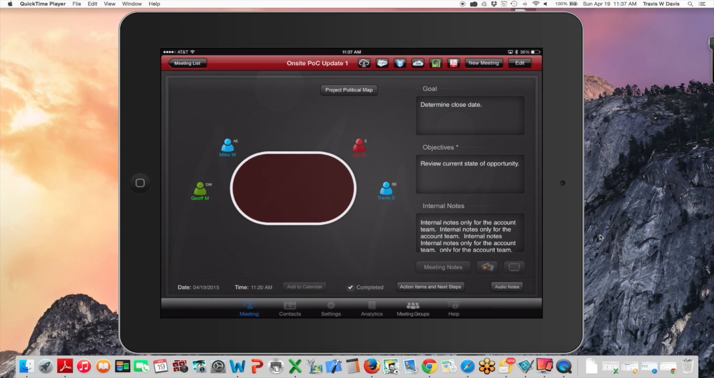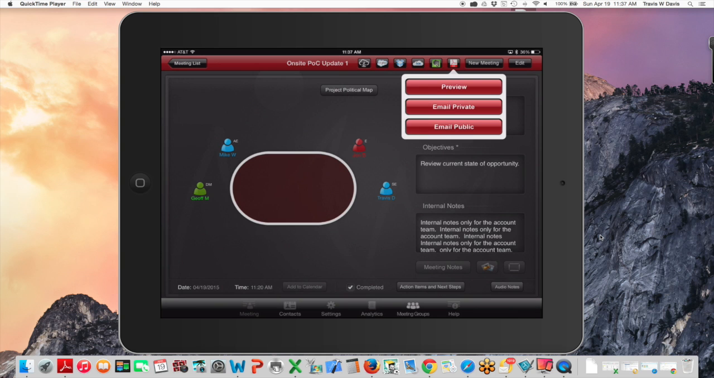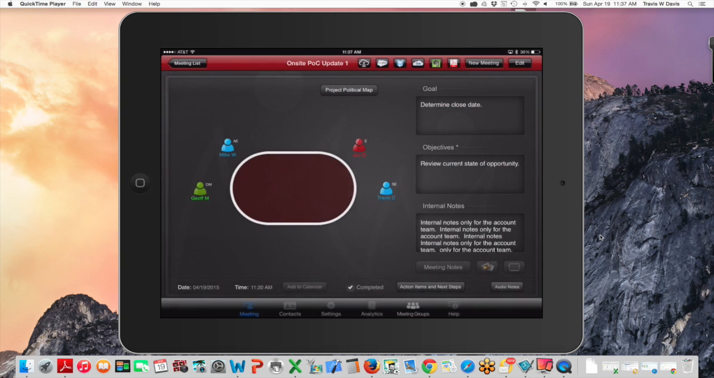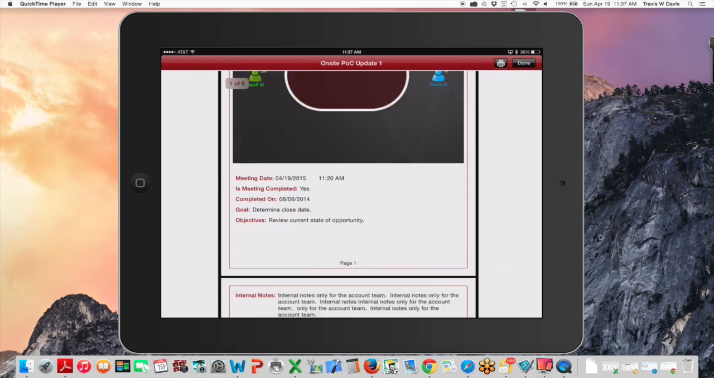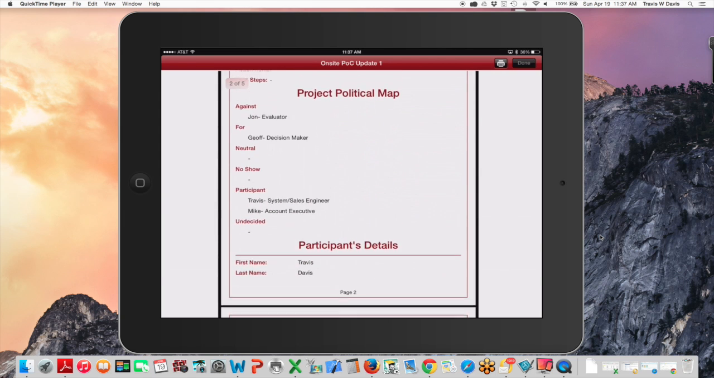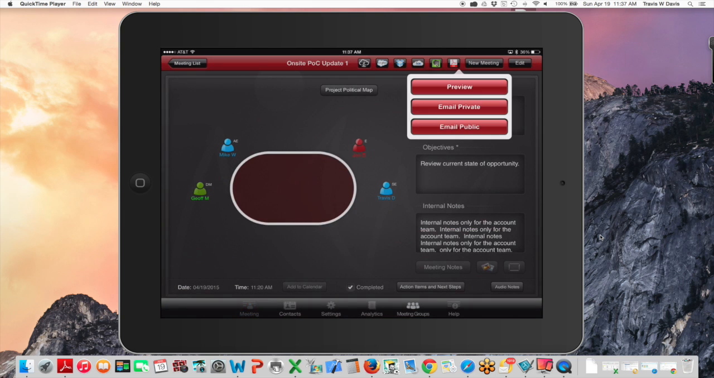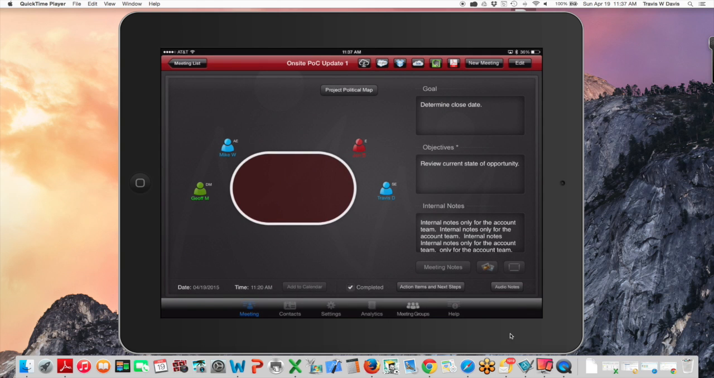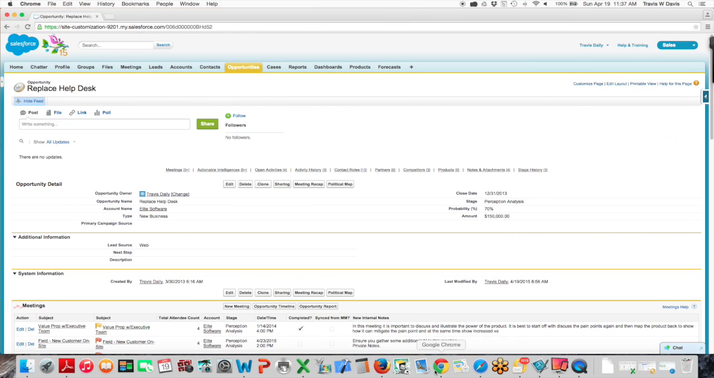Now what I can also do is I can send my boss or other teammates that aren't in the meeting notes right from the meeting with all this information so they know exactly what went on as if they were sitting in the meeting. So what I'm going to do now is I'm going to go ahead and click in